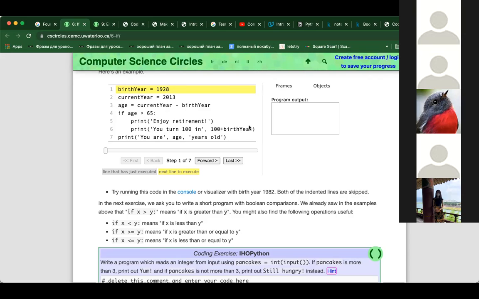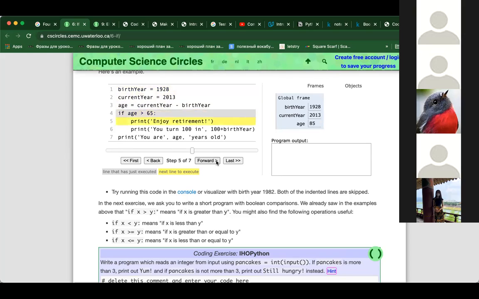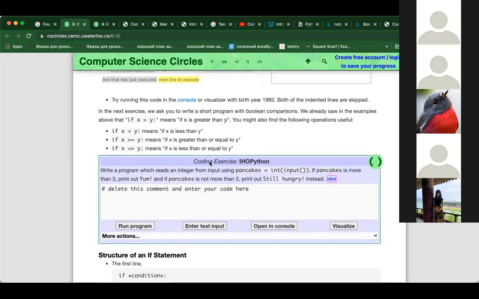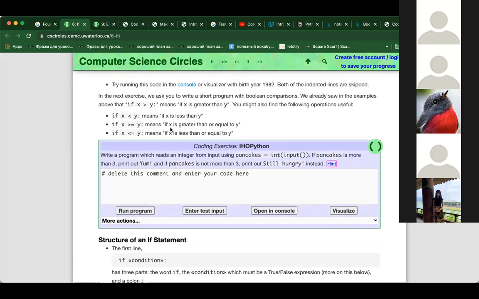So here are the integer operations. And then we'll have the statement about how old someone is. So let's check it. So we have 85, which is true. Then we'll have all three statements in the output. Okay. If it's clear for you, if it's easy for you, let's go for